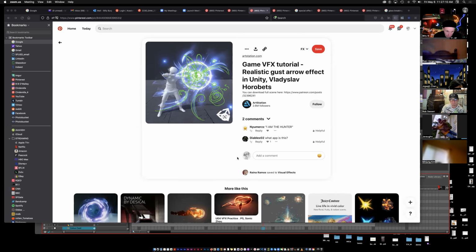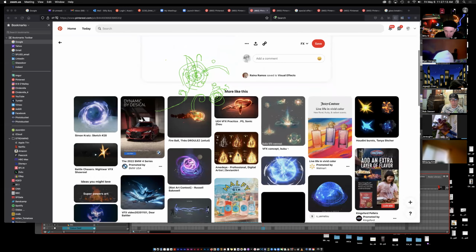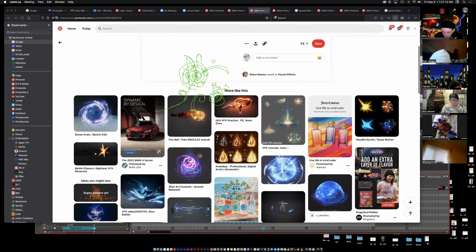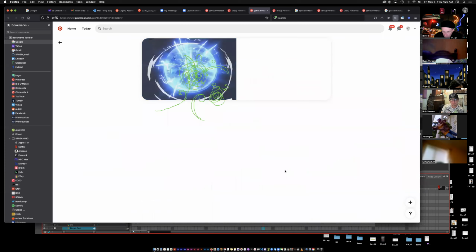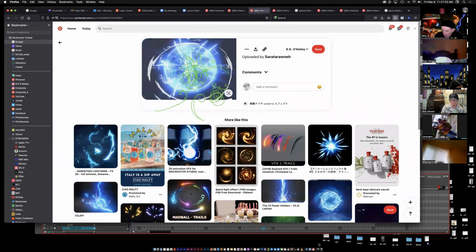All right, so let's look at another orb. You know, this is kind of the same thing here, but this one's just a little different. So what I think I'm trying to do here is give you insight into how to do research and what to like and not like. You could certainly do this. You could certainly have your orb have this kind of energy, but it might be more interesting if